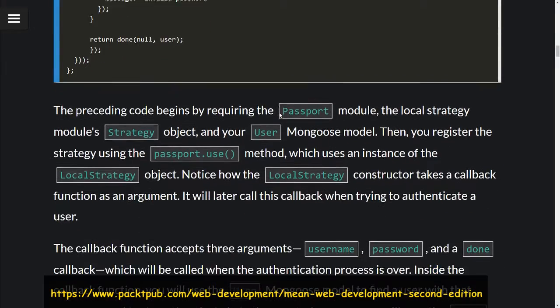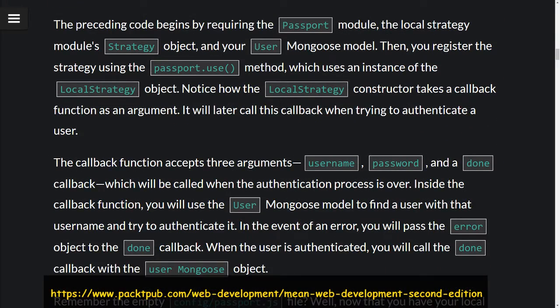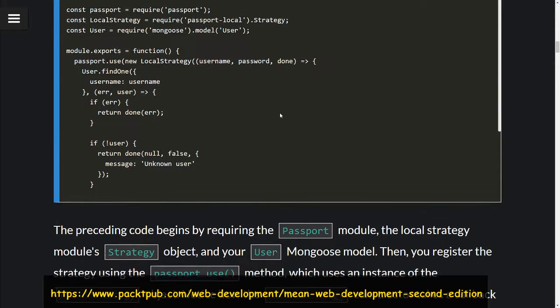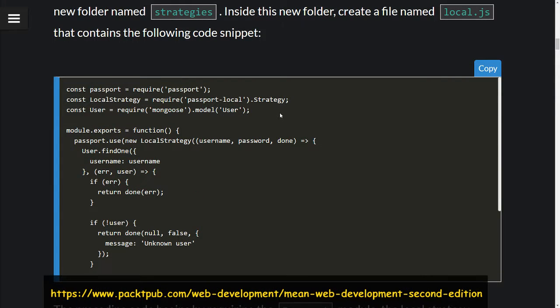The preceding code begins by requiring the Passport module, the local strategy module's strategy object, and your user mongoose model. Then you register the strategy using the passport use method, which uses an instance of the local strategy object. Notice how the local strategy constructor takes a callback function as an argument. It will later call this callback when trying to authenticate a user. So actually stop this for a second. I kind of skipped over all that. Notice what